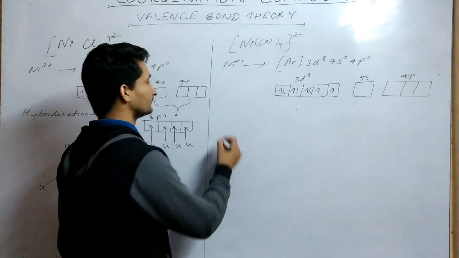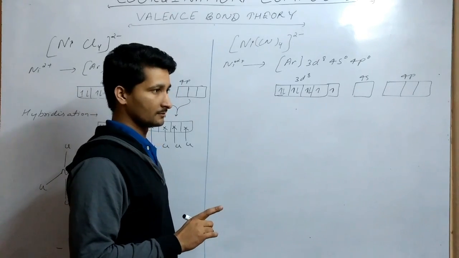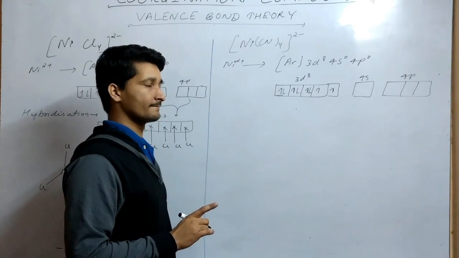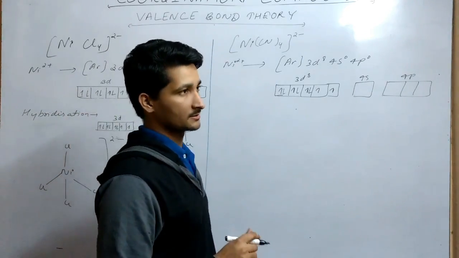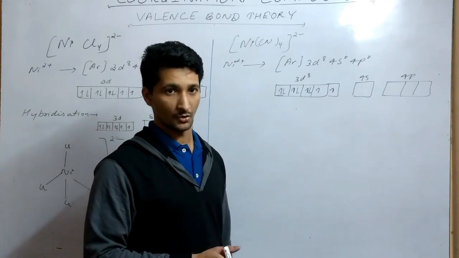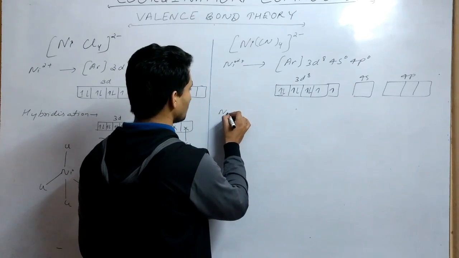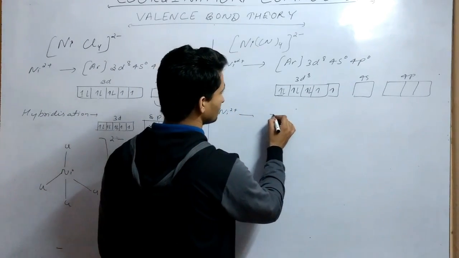Fine. Now, because CN is a ligand which has carbon as donor atom and it is not that much electronegative, it will cause pairing, and after pairing Ni2+ becomes